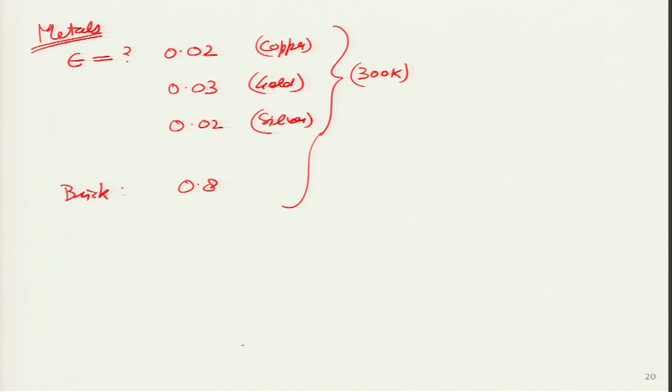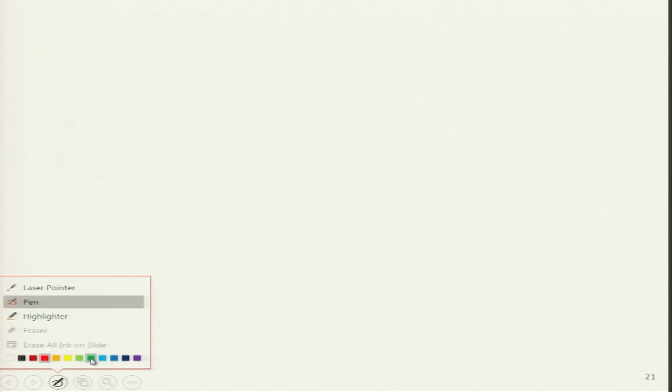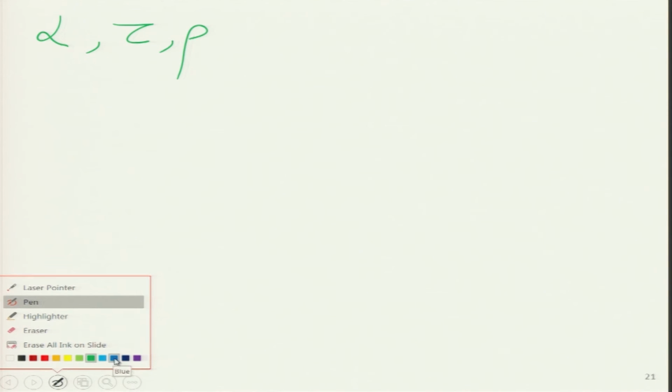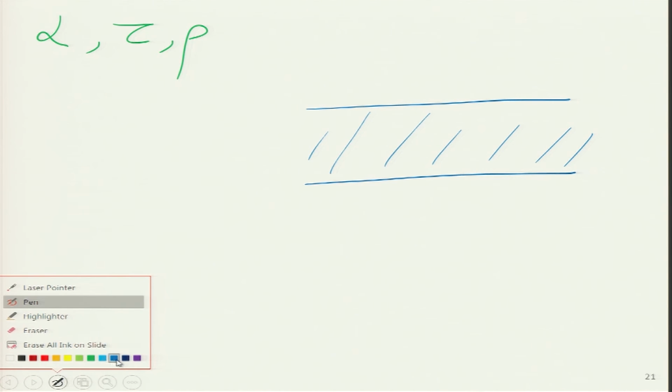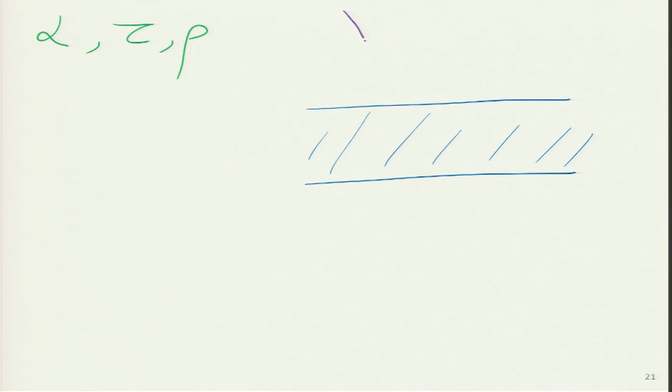Now, let us look at the remaining properties, and what were the properties which are remaining that are of interest to us: absorptivity, transmissivity and reflectivity. And all these things are very easy to analyze. Let us assume a slab of thick solid over here. So, this is some sort of a solid, and some irradiation is incident on it on this particular side.